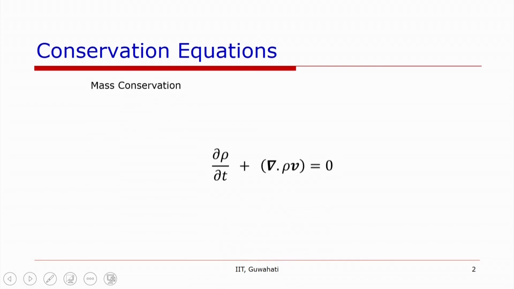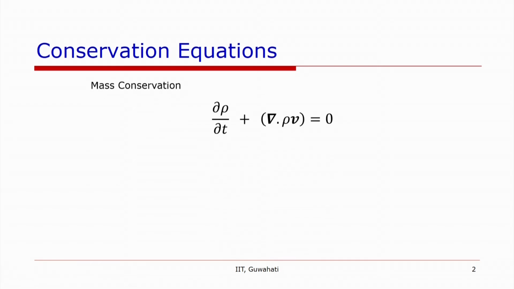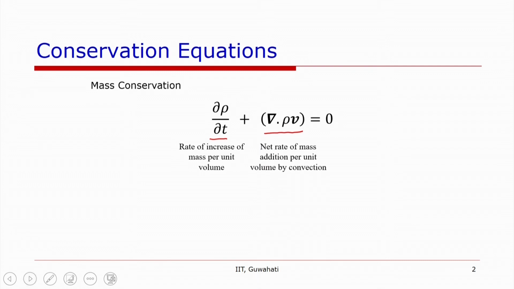The mass conservation equation is written in this form. The first term in this equation is the rate of increase of mass per unit volume, and the second term is the net rate of mass addition per unit volume by convection. So if you consider a control volume, which might be a part of the channel or a channel, the first part represents